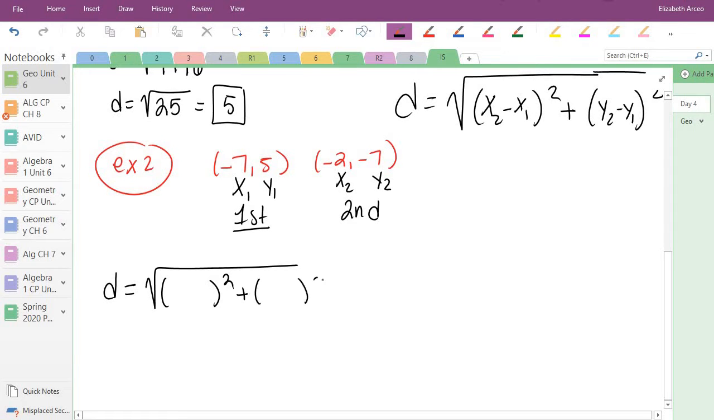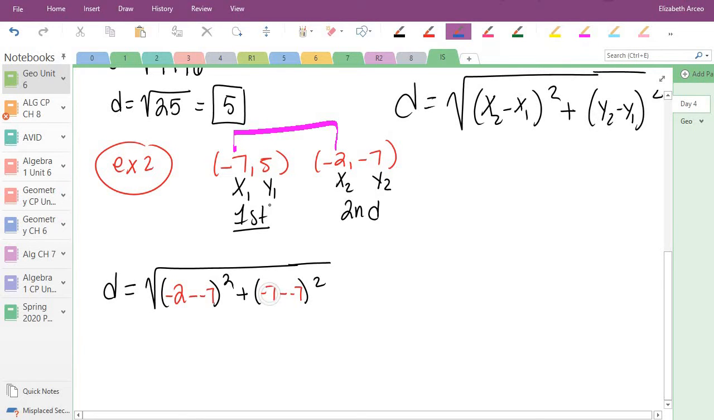You're taking the second x first, which is negative 2, subtract it from the first x, which is negative 7, and you do have a double negative, and we know that becomes a positive, but we will reduce later. Y2 is negative 7, subtract y1, which is negative 7. So just to make sure these two go together, starting with this value: negative 2 subtract negative 7,